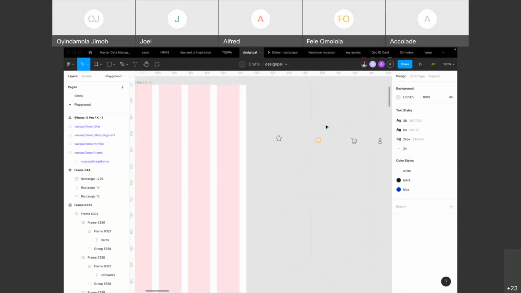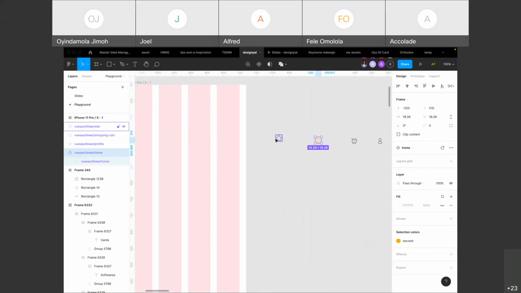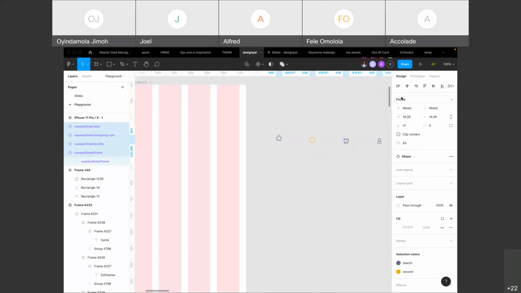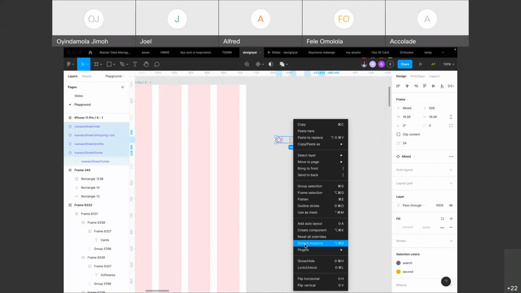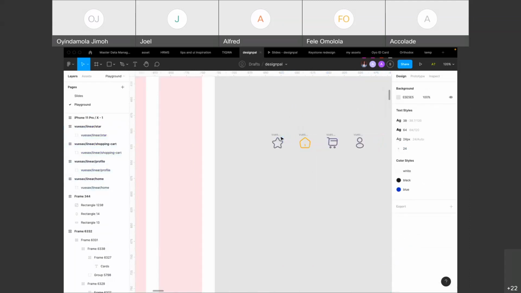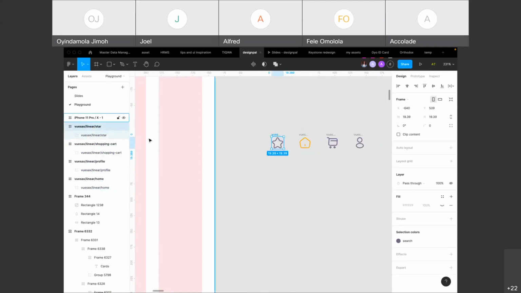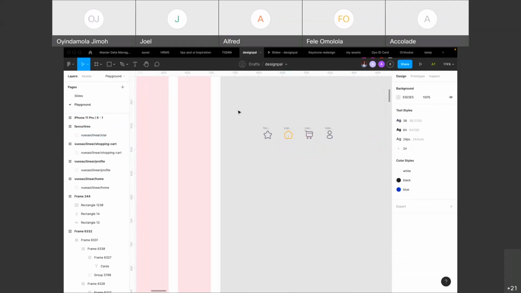You can use any icons you want. So let's say we are trying to use just these 4 icons. I want to detach the instance and create another component for us. What does this actually signify? Let's say it signifies favorites, right? Maybe I want to add it to my favorites. So whatever icons you want to use on your product,